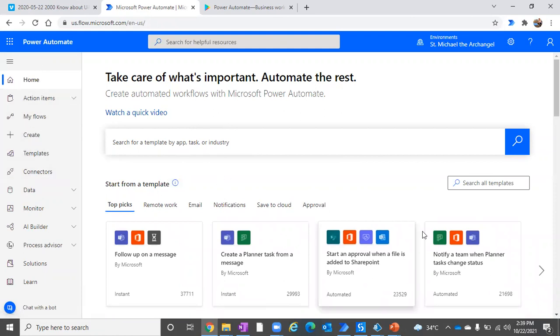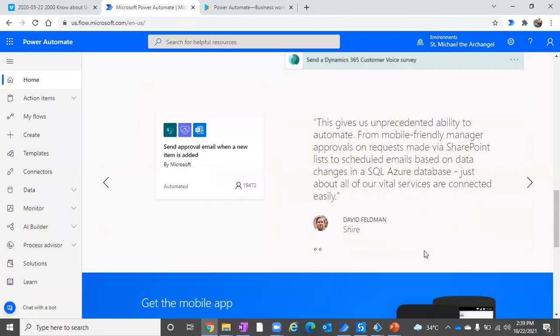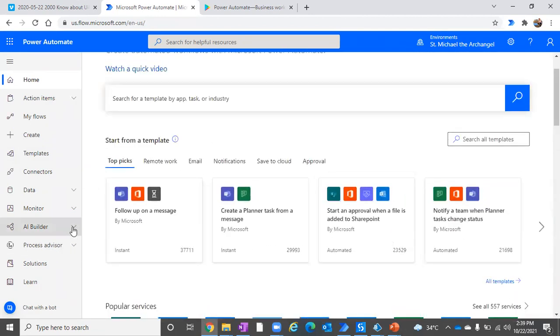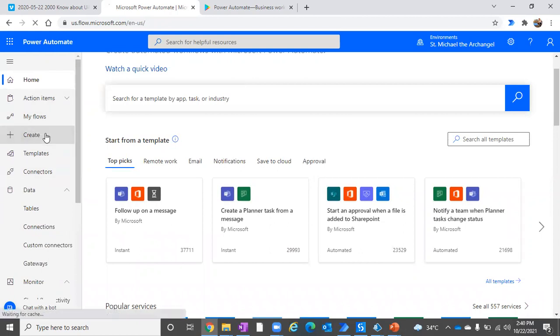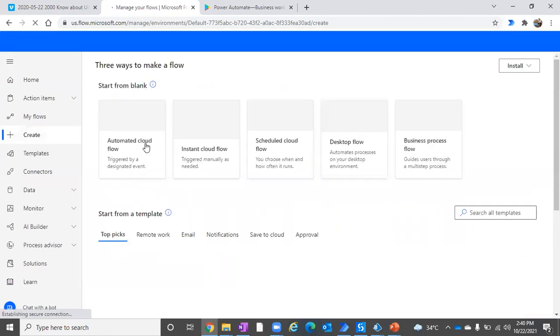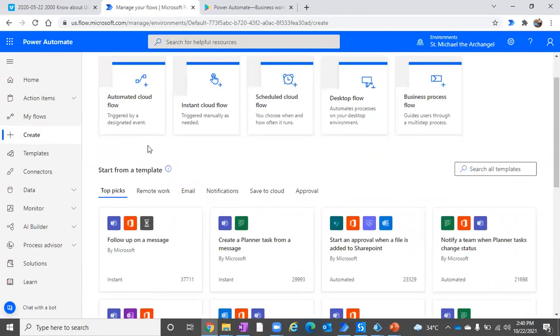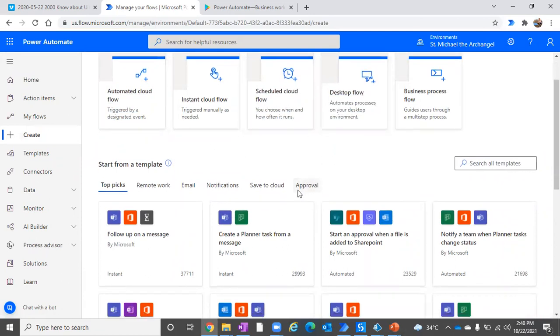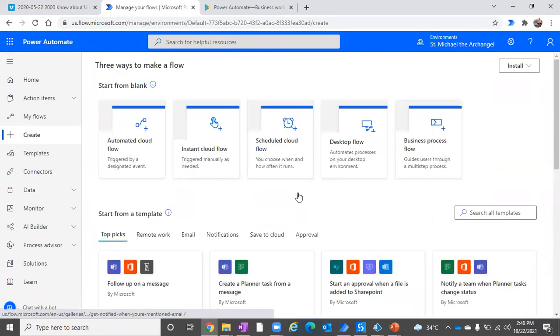You do have a lot of templates there. You could search for it and get all the things. You can see a filter, you can see monitoring, you can see the data and workflows. You can click on create and then go for creating workflows. Which workflow you want? If you say you just want cloud-related workflows or schedule-related ones, whichever is convenient and required for you, just go ahead and create it. So this is the web-related one.